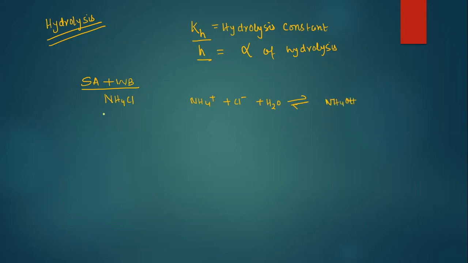NH4OH. See, NH4Cl is a strong, ionic compound, no issues about that. You put it in H2O, it will first definitely form NH4 plus and Cl minus. Now there is a chance of NH4 plus reacting with OH minus of H2O and forming NH4OH. Now NH4OH is a weak base, meaning stable. So if a stable compound can be formed, it will form that compound, and it is forming. Next, it will form H plus and Cl minus. Clear?